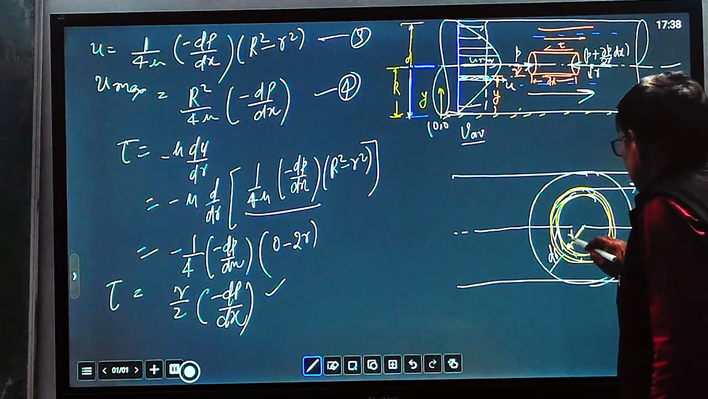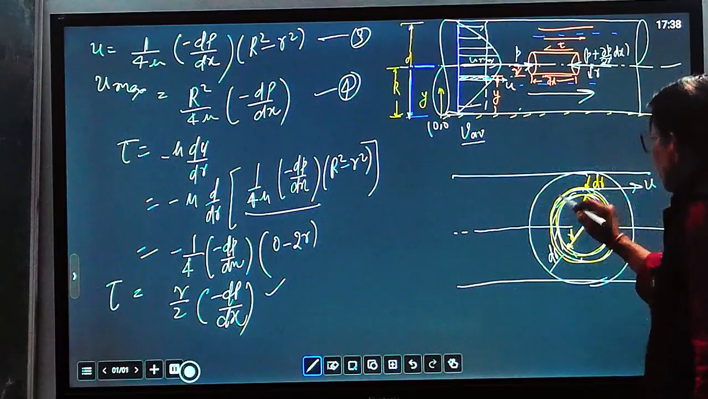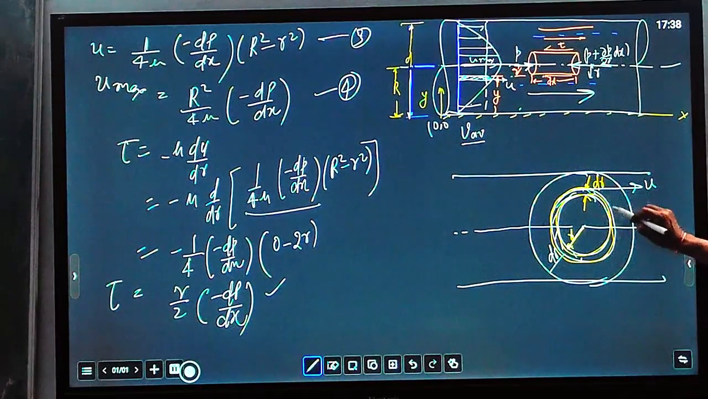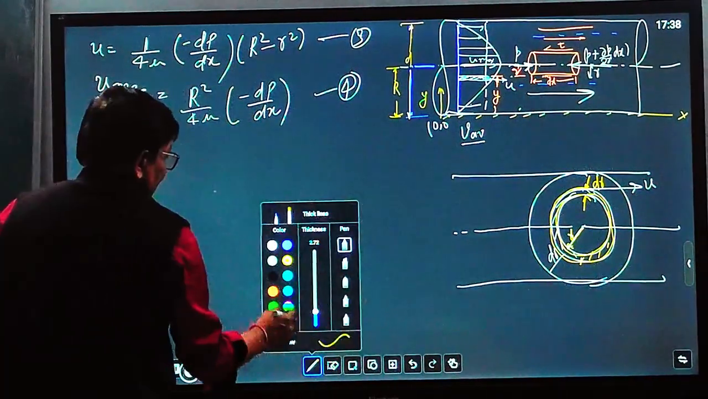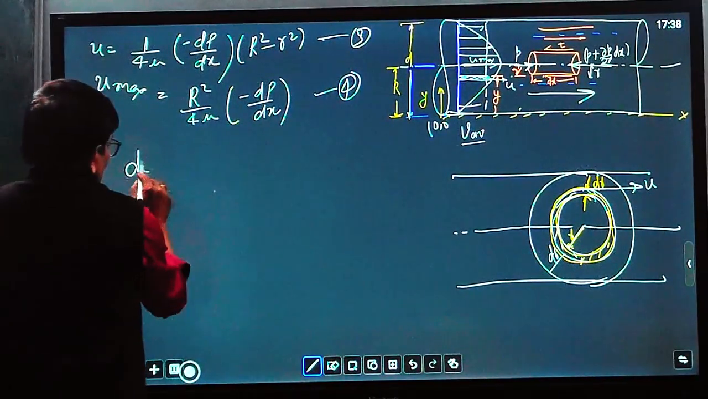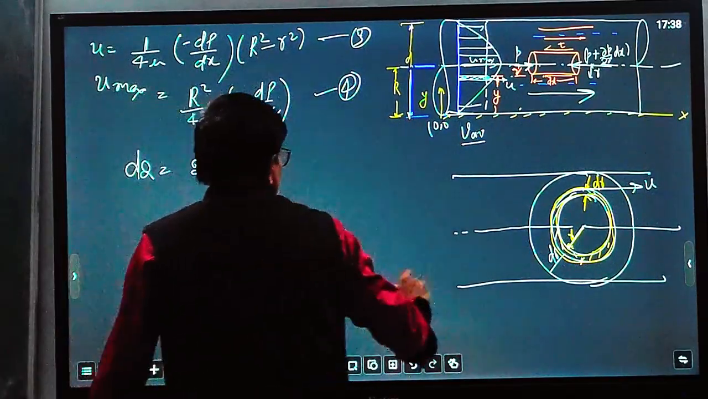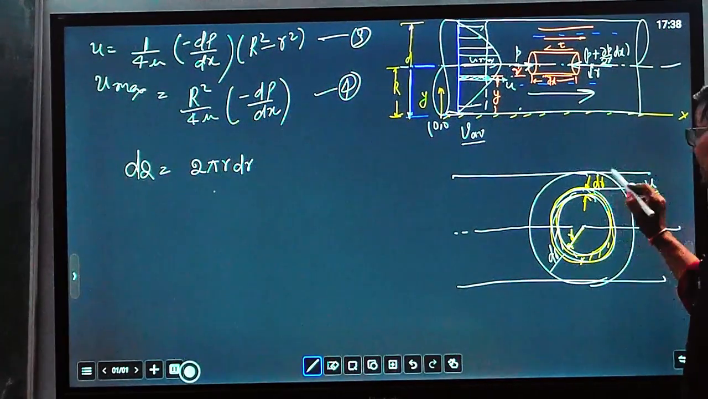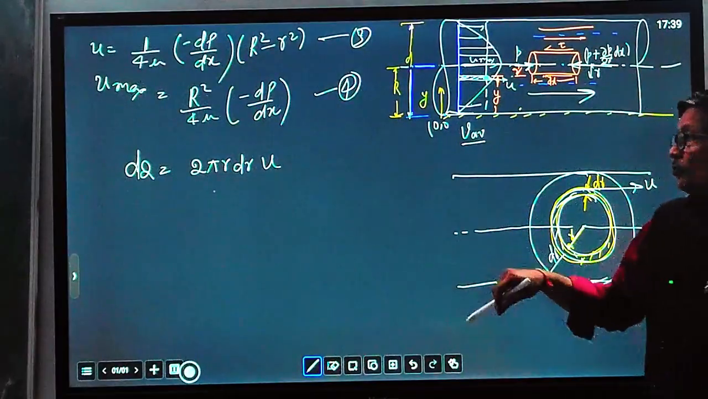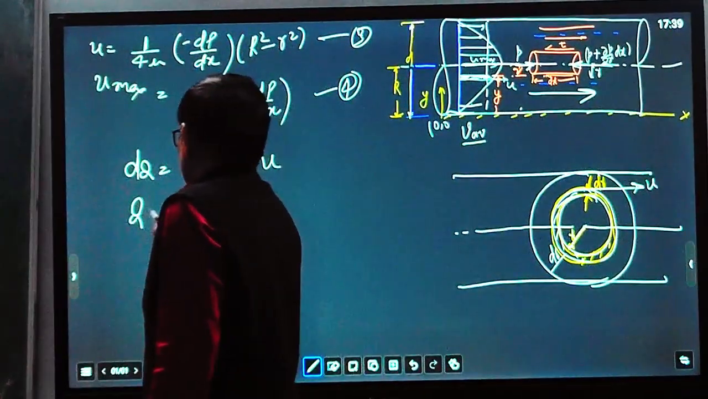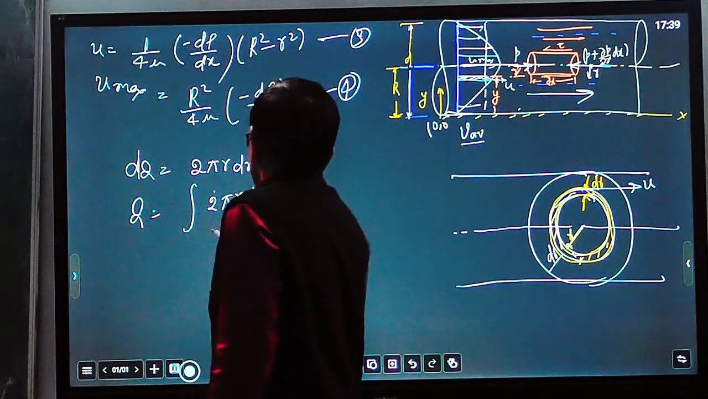It is r distance from the center, and thickness is dr. So the small quantity of fluid that will pass through this strip we have to calculate. That will be dq equal to 2 pi r dr. This is the area of this strip, multiplied by velocity u. You can find out discharge. So total discharge Q is equal to the integration of 2 pi r dr into u from 0 to